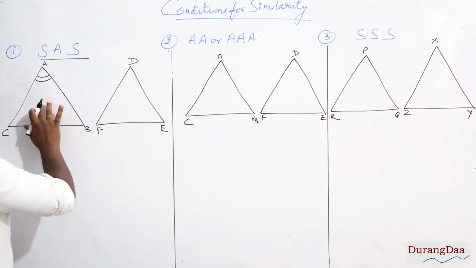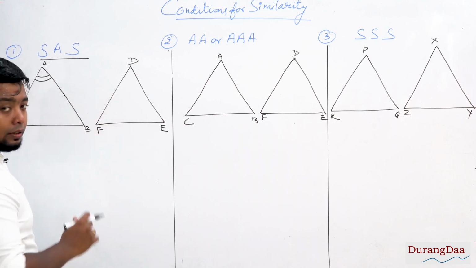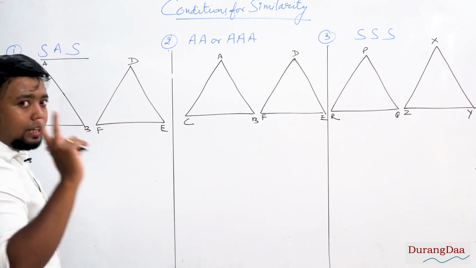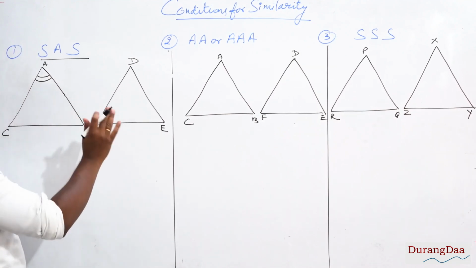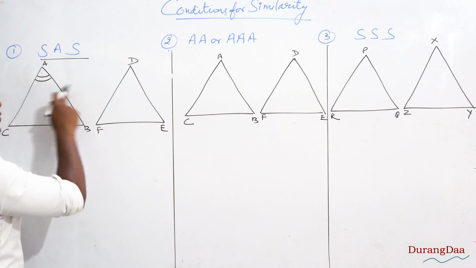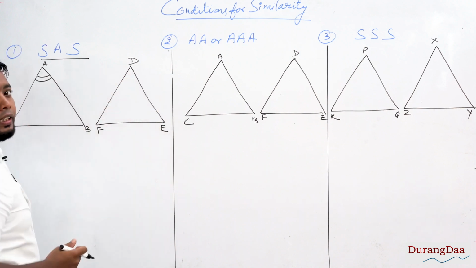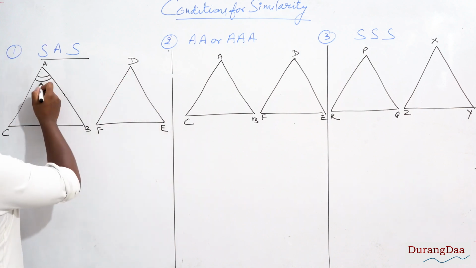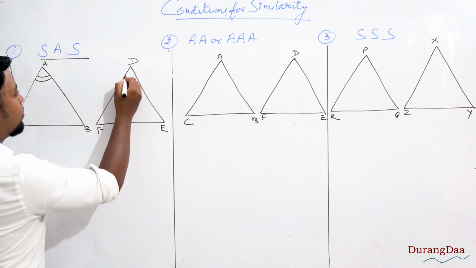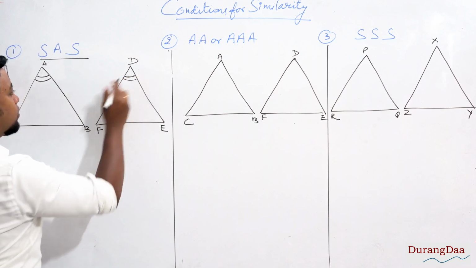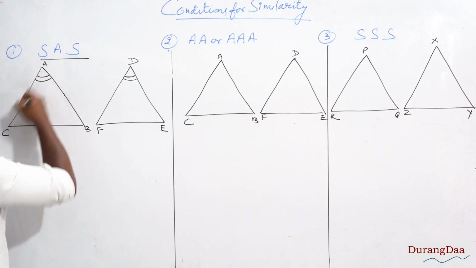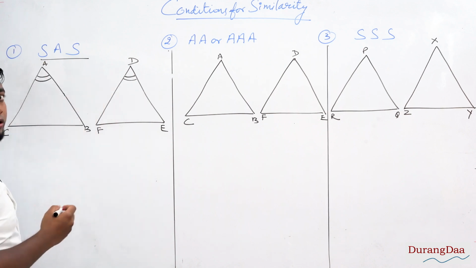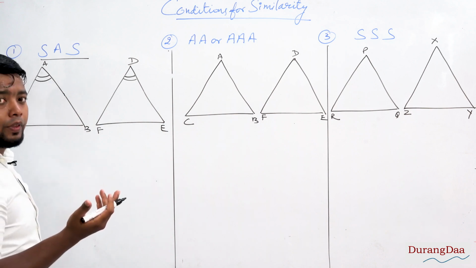First one, you can prove two triangles similar only if two conditions are satisfied. First condition is that at least one angle, any angle, of the first figure should be equal to any angle of the second figure. So I can just say angle A is, suppose, equal to angle D, alright. So first condition is satisfied. Second requirement is that the sides which are containing those angles should be in proportion, alright.